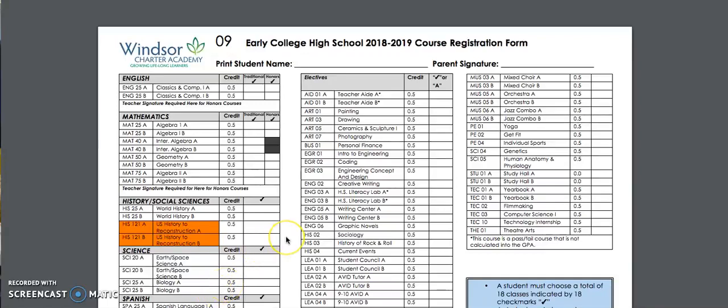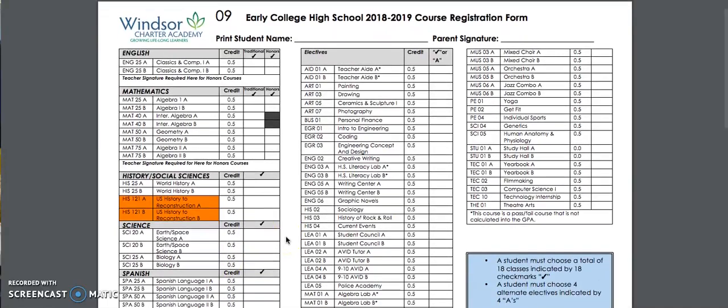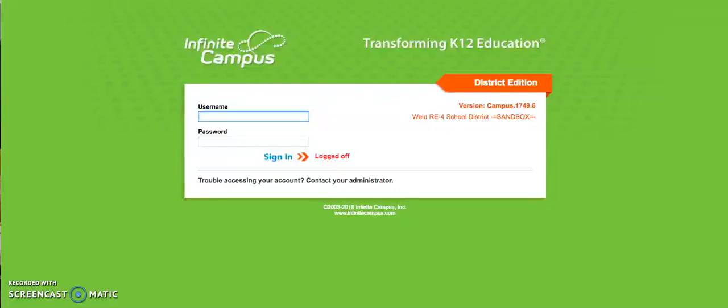Okay, welcome to part 2 of your high school registration course selection process. Part 2 is going to require that you have this page filled out and with you, and then you are going to go to your Infinite Campus portal and log in. And when you get there,